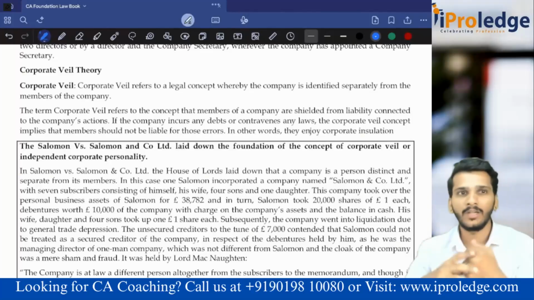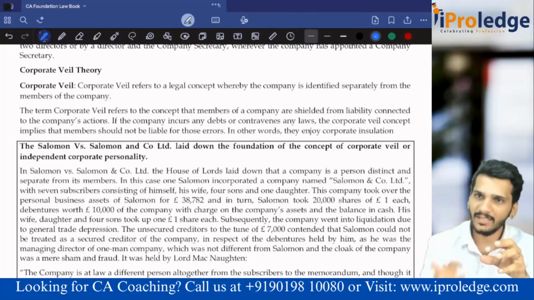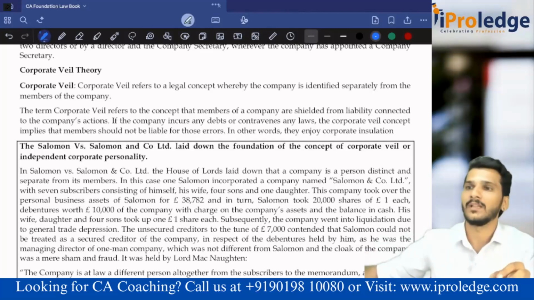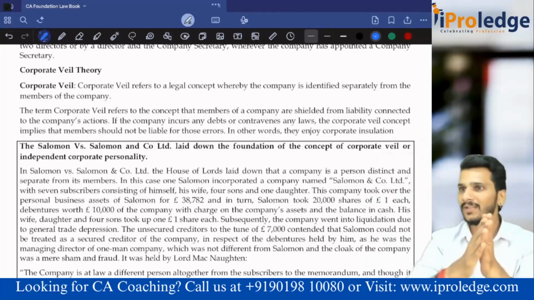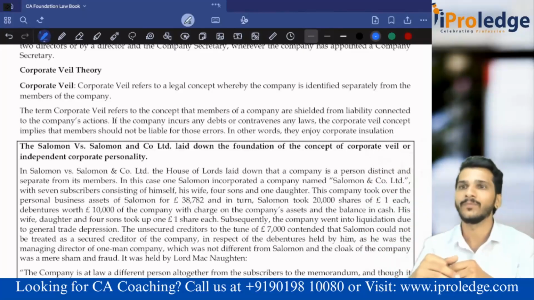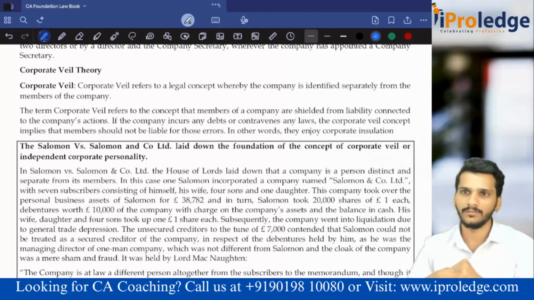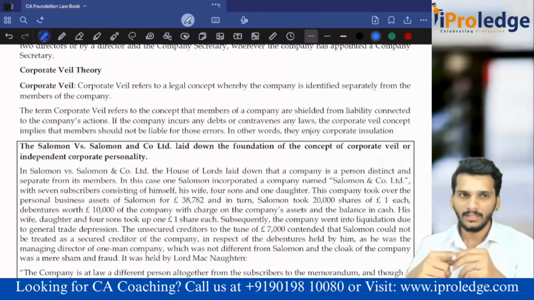But the company is not ready to give that bonus. Why should I give 8 crore rupees to employees? That's why it has invested that 40 crore rupees in some other company, so that they can avoid this legal obligation of payment of bonus. If somebody tries to do it, then court will lift the corporate veil, treat both companies as one, and they are supposed to pay the bonus to the employees. Third one is to avoid the legal obligation. Then fourth one is when a subsidiary is formed for the purpose of improper conduct or fraud. One more thing is improper conduct, right? What is this act of agent?